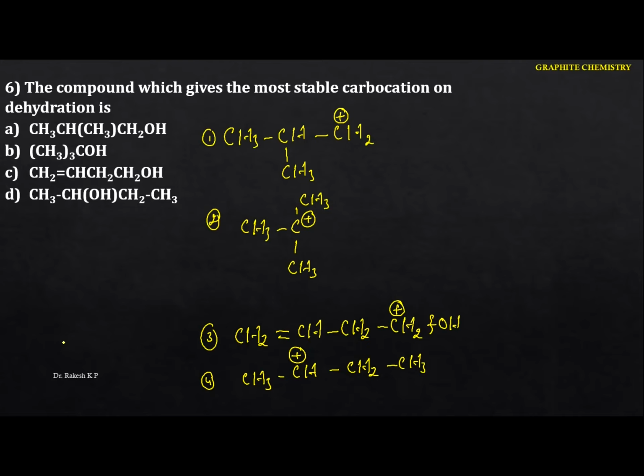See this one. Here we got the primary carbocation. This one is the tertiary carbocation. If you break this one here, again it forms a primary. It is not allylic, it is just a primary, and this one is the secondary carbocation. Generally we know the order of stability of carbocations: tertiary carbocations are most stable, next comes secondary, then primary, and the next is the methyl carbocation. So the most stable carbocation is this one. Hence the option is B.